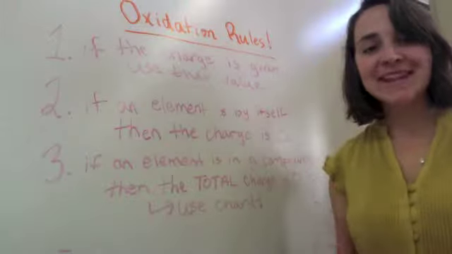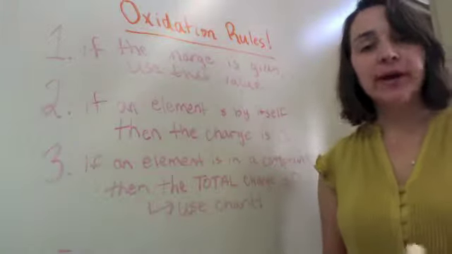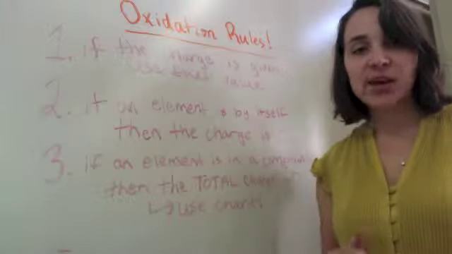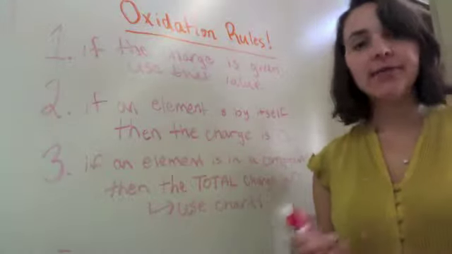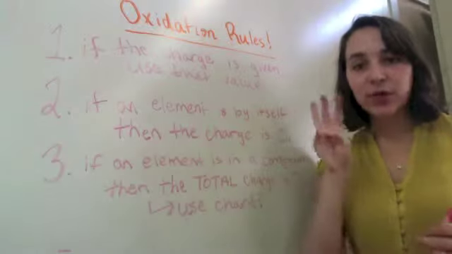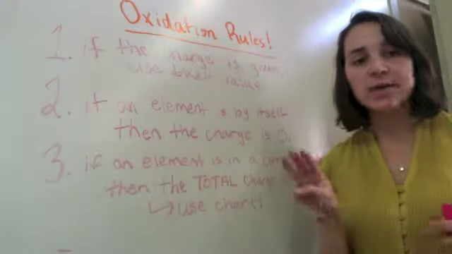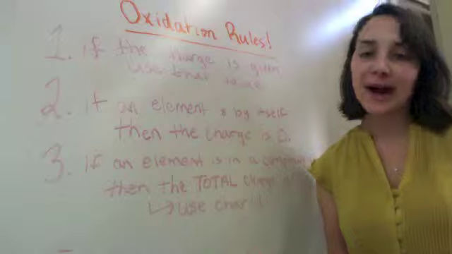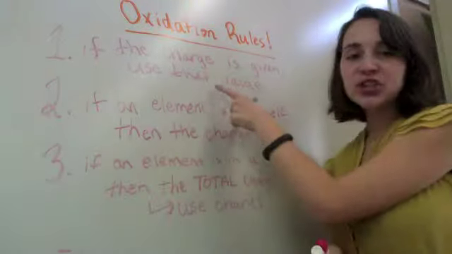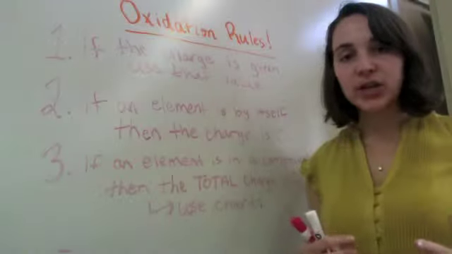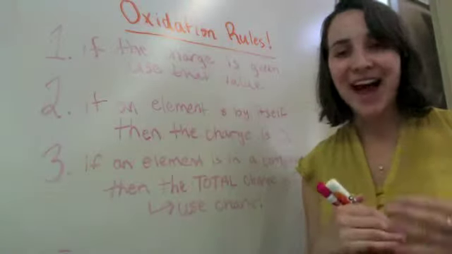All right, so in this video, we're reviewing how to find the oxidation states of different elements in a reaction. So in this case, there are three major rules that we have to follow, or really they're guidelines for us. The first is that if the charge is given to us in the equation, then you should use that charge